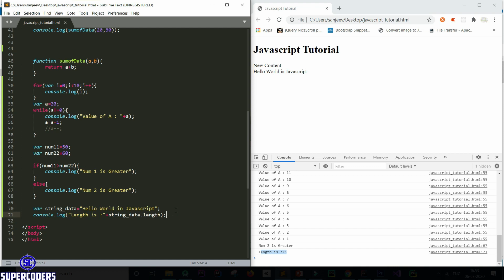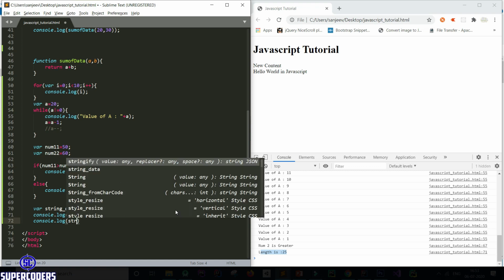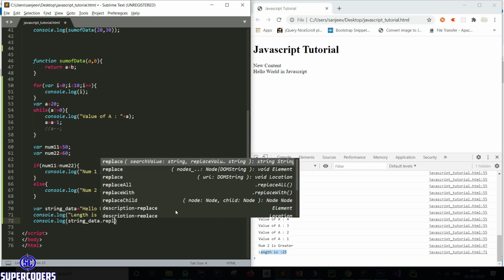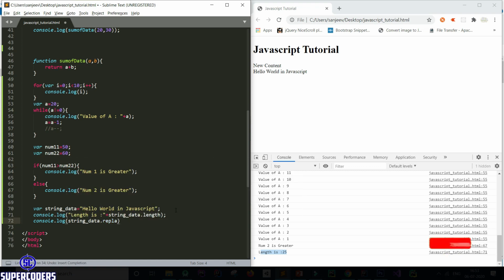Now let's see another example of string, console.log replace. So let's use the example of replace. So string data dot replace, first find element.